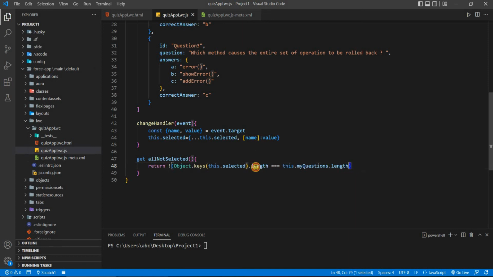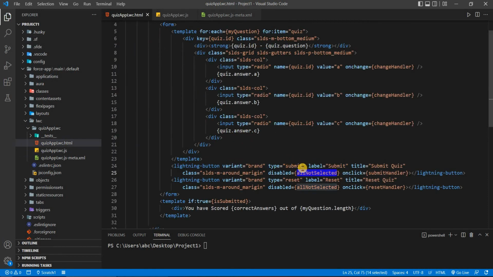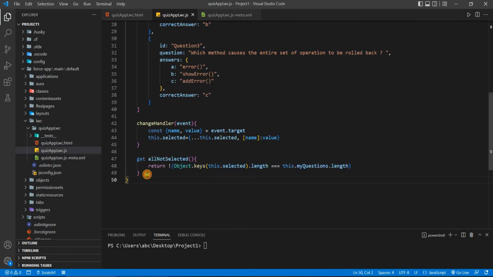When this statement is true, it will return false, and when this returns false, the button will not be disabled for this. And for another,